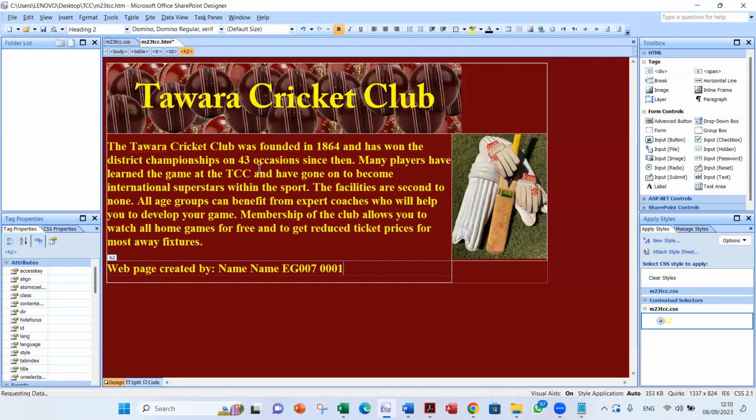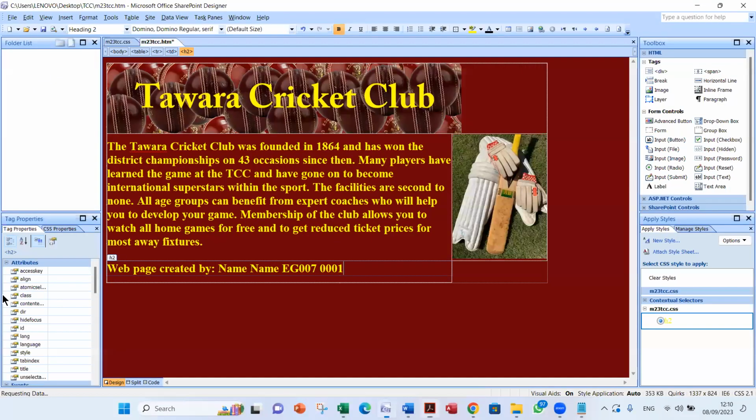And the table, these dotted lines represent invisible borders. However, there is one little thing that didn't work. The table is not centered. We made the left margin auto and the right margin auto to have it centered. Maybe it is because the SharePoint Designer didn't understand it very well. We will save and preview in browser, hoping that it will be centered in the browser. And this is what matters.